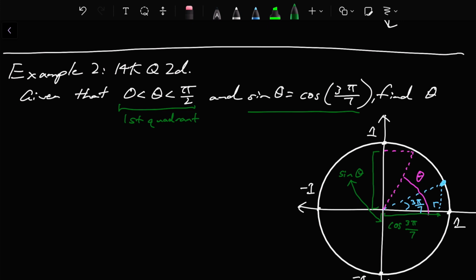Okay, and if they have to be the same, it means that the angles also have to be the same. Which means that we can label this angle in here as 3 pi over 7. So we can say, in order for sine of theta to be equal to cos of 3 pi on 7, that is for the long sides, the long sides the same,